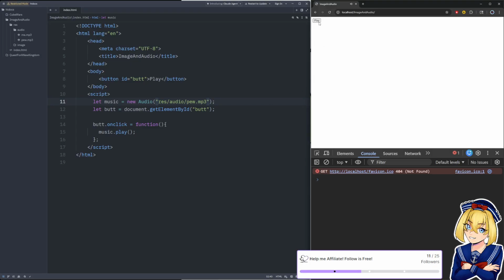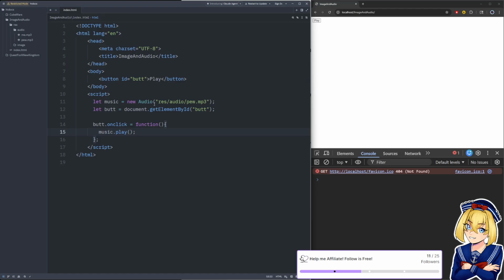Now you might notice if I spam it, we're only getting one pew. We're not getting overlapping pews, right? That's because it's playing this same audio track. And I believe if it's already playing, it's not going to reset it or anything. It's just continuing where it currently is. So if it's already playing and we say to play, it's going to be like, I'm already playing, and it's going to ignore us.